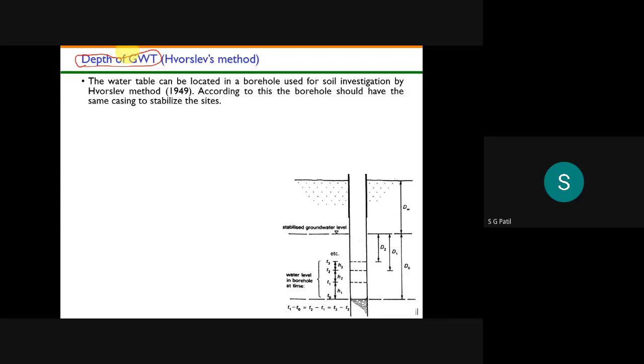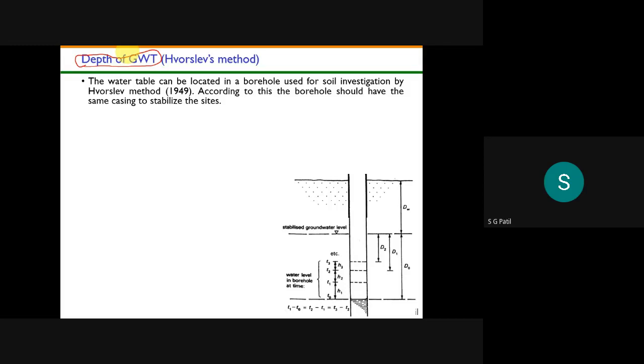Like that, you insert some measuring wire from the ground level. So you tie some stone to your thread and insert it inside the borewell. You will hear a sound when that stone reaches the water surface. With that sound, you remove the entire wire and then measure the distance. That is the very simplest method to find out the groundwater table.